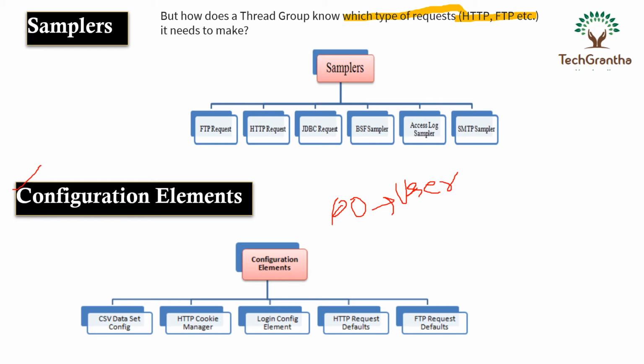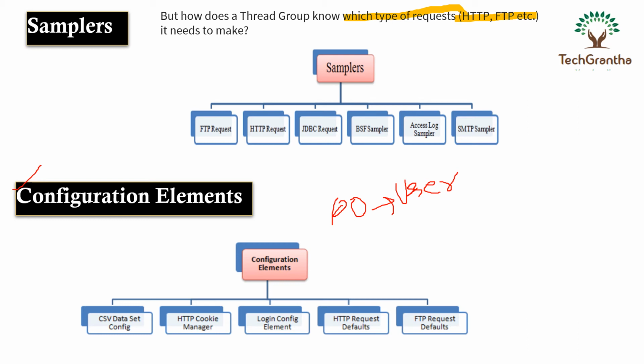Okay, so inside the config element, apart from that, if you want to add any cookies or cache cookies in JMeter, those things can also be added inside the config, which we will discuss in the next video session when we record the first script. Once we record it, I will also show all the elements on the JMeter tool.